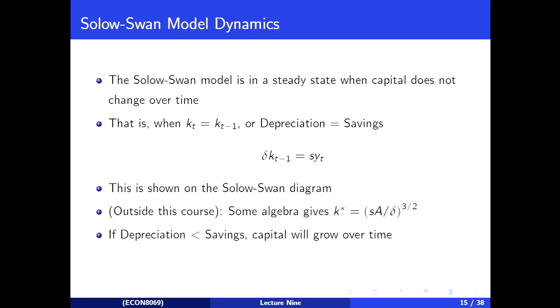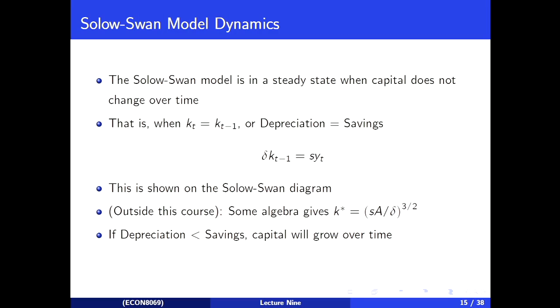Okay. Oh, yes, I do have this here. It is on this slide. So we can think about whether this steady state is in some sense a stable notion or an unstable notion. And fortunately, this is actually quite a nice stable notion. If depreciation is less than savings, so if we're in this area down here, if we have a low level of capital, a level below the steady state, well then depreciation is at this level here, but savings is at a higher level than that.